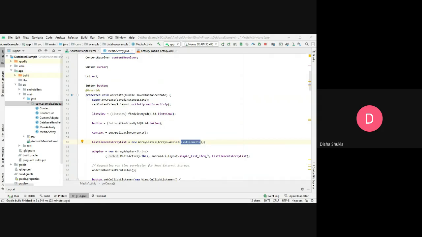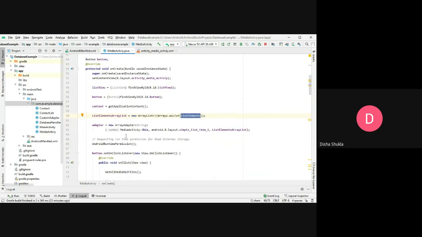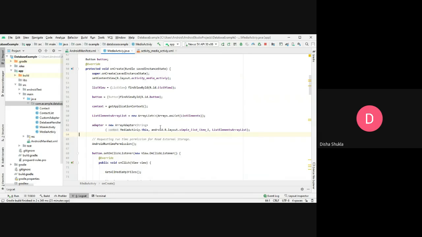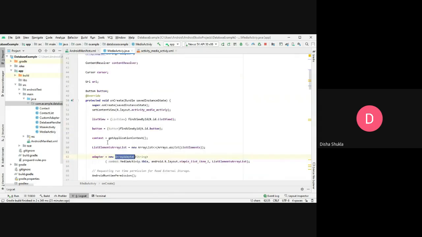So I am converting my array into an array list, and then finally I am passing that array list inside the adapter. Again, I'm using an array adapter over here. This is the array adapter that we used inside the spinner and the autocomplete text view. In a similar way, I am initializing this array adapter over here.